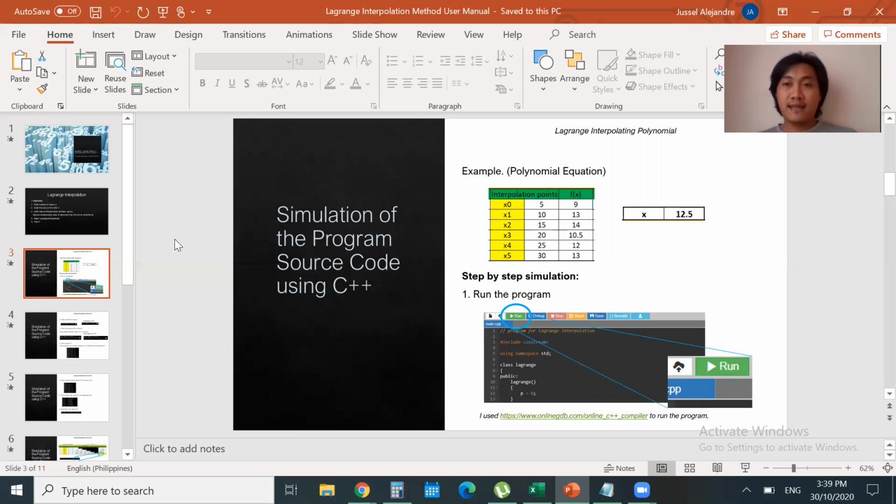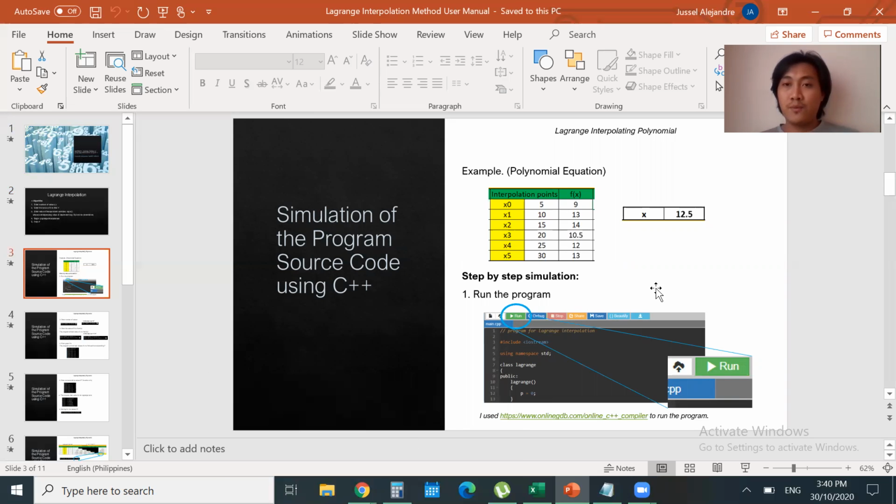Then x1 is 10, 13, then 15, 14, 20, 10.5, 25, 12, then 30, and 30. So I assigned the value of x to be substituted in the whole computation to be 12.5.